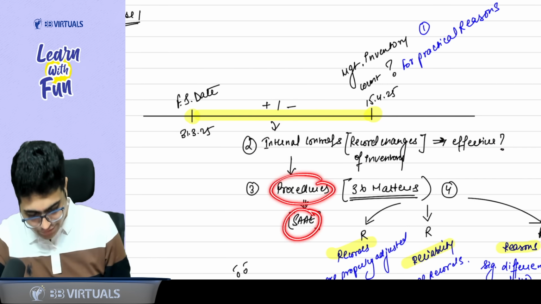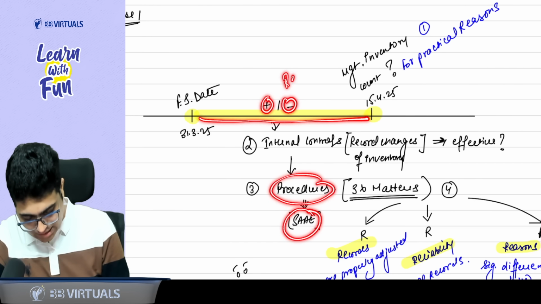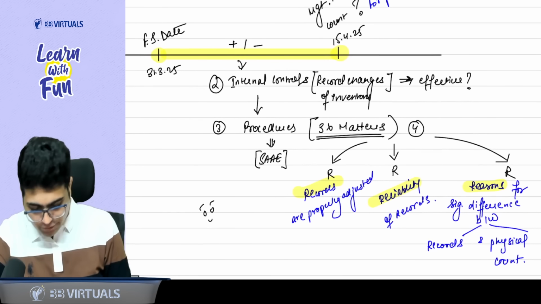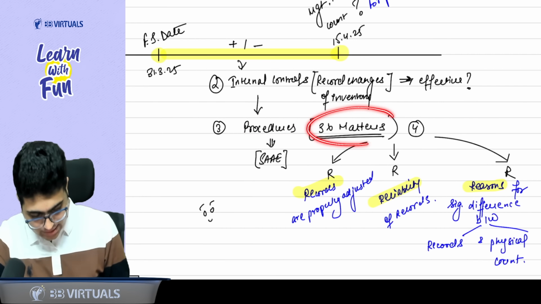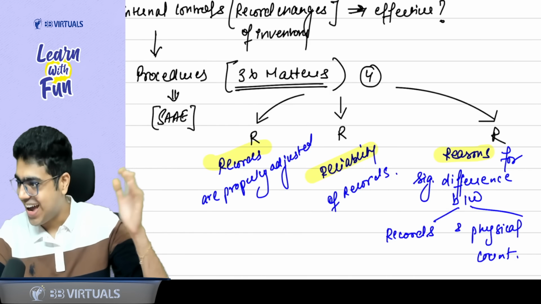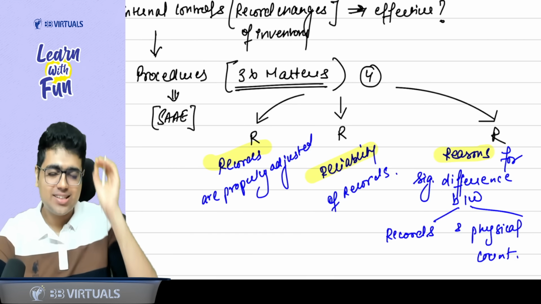To know whether they are effective, I need to perform procedures. Procedures to get proper evidence that whatever changes were made to the inventory in this time, these changes are properly recorded. I need proper evidence about the same. Now, sir, when I am performing the procedures about the changes in the inventory, I need to consider three matters. What are these three matters? RRR. I know all of you love this movie RRR. So these are the 3 points you need to consider.